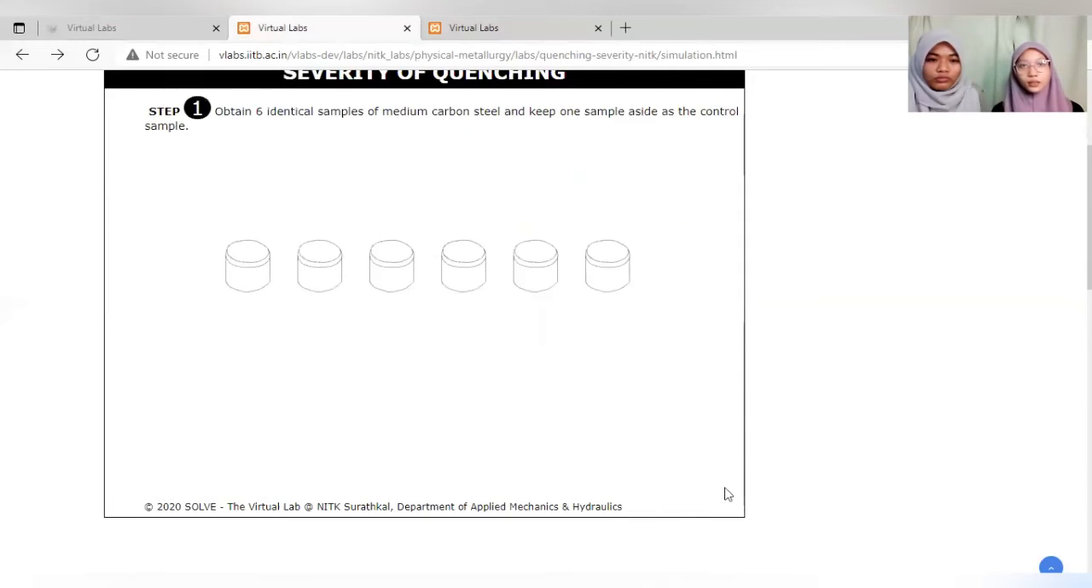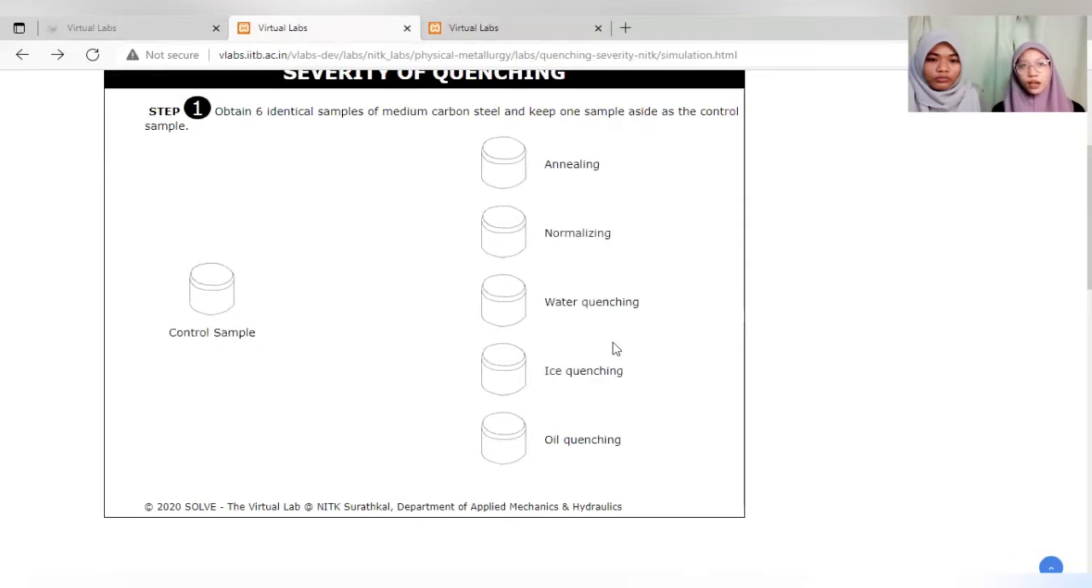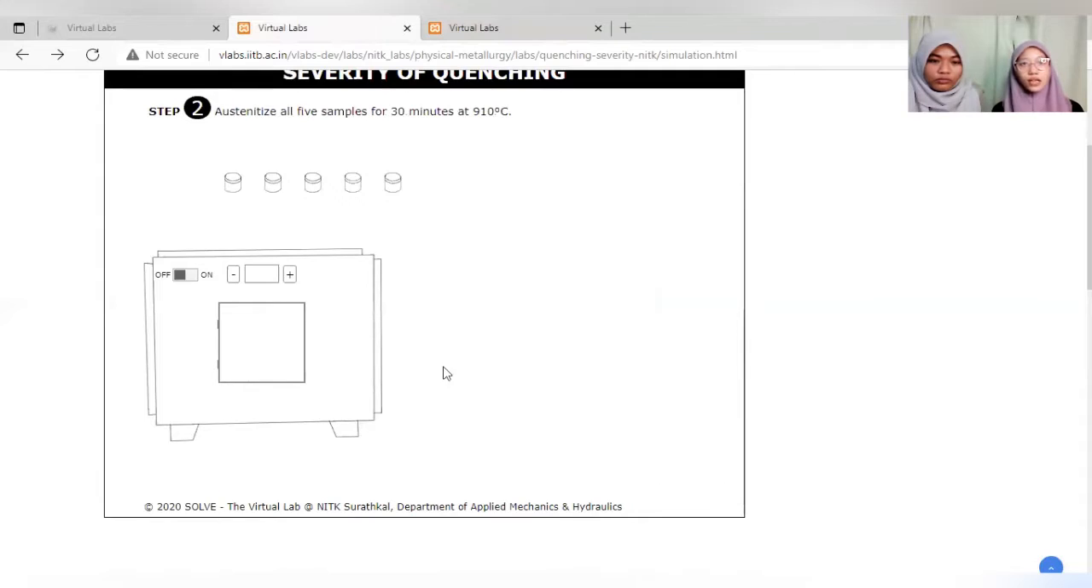So next is the procedure. Step 1. Obtain 6 identical samples of medium carbon steel and keep 1 sample aside as the control. So we keep the control sample. There's annealing, normalizing, water quenching, ice quenching, and oil quenching. So for the second step, austenitize all 5 samples for 30 minutes at